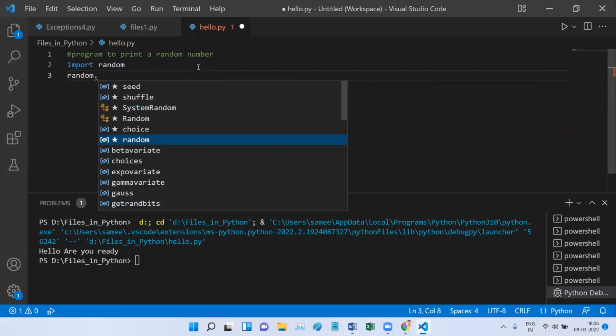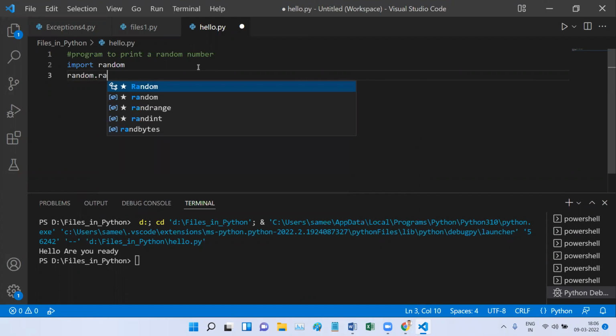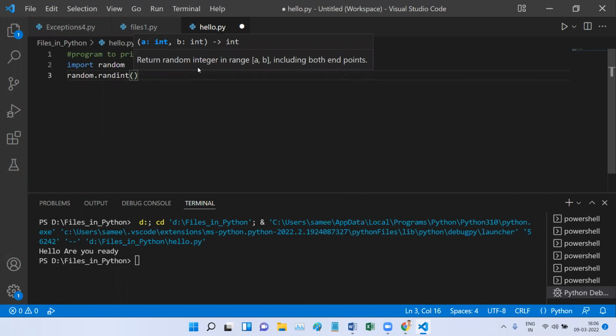Right now what I'm going to demonstrate is getting a random integer, so I will write random.randint. Then again we can take the help of Visual Studio. Just write a bracket, because this is a method, you have to start it with a bracket.